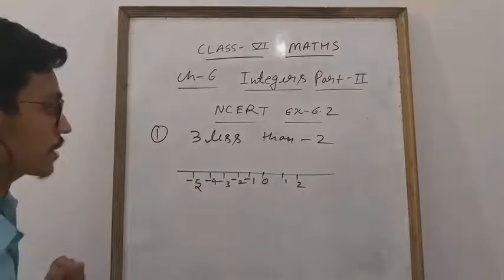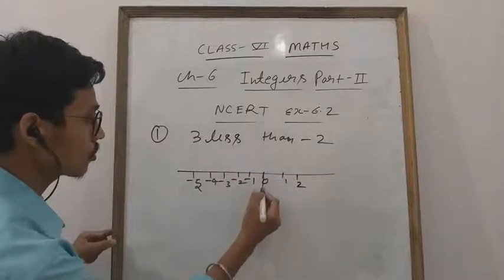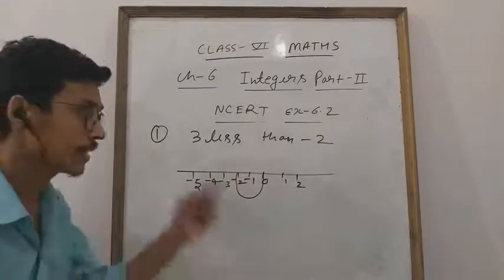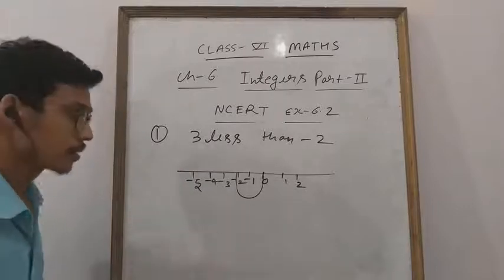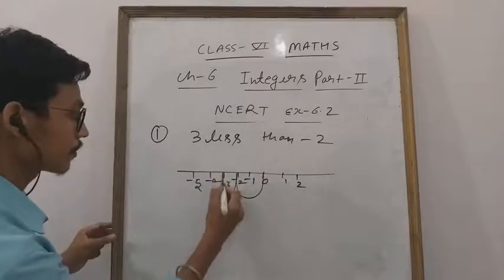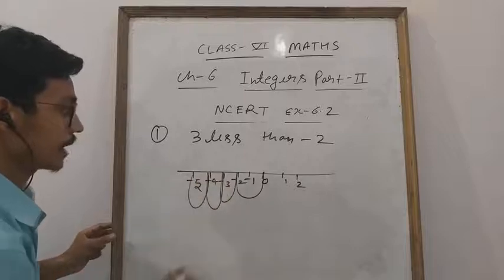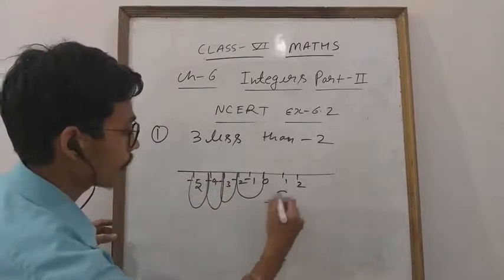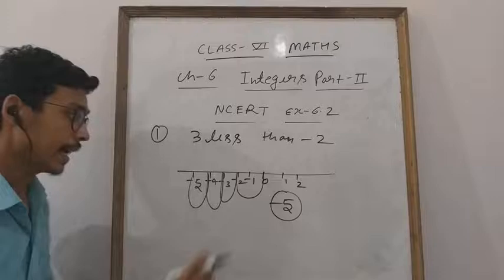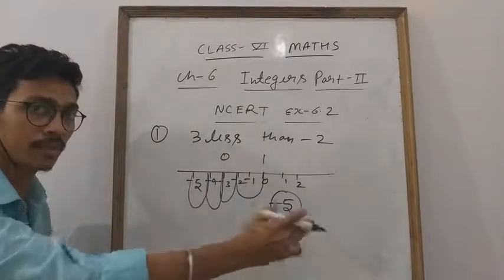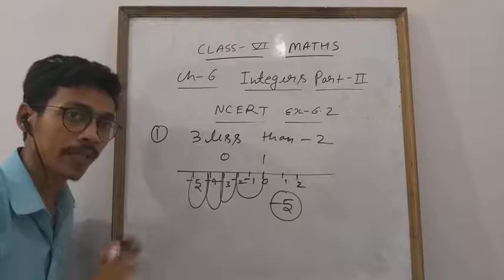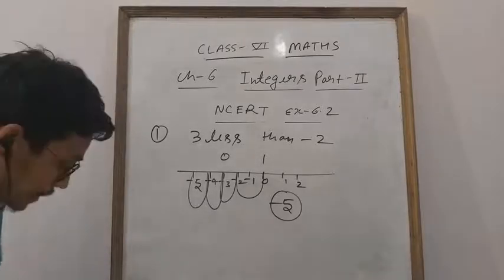So what is the meaning of this? You have to start from minus 2. So first go 0 to minus 2. 3 less than means 3 to the left-hand side. Less means you have to decrease. So from minus 2, 1 step, 2 step, 3 step. The answer is minus 5. In your copy, draw very neat and clean, with the same distance between 0 and 1, because in a ruler it is the same distance. Draw properly with a pencil. Okay everyone? So this I explained.